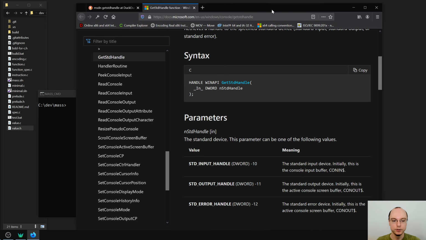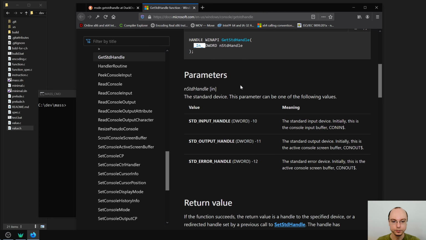I mean, that's fine. It's a simple function. It just expects a dword or signed 32 bits. When you program on Windows, you have to get used to all of these weird types that they use, because handle is just a void star essentially. WinAPI is a marker that doesn't expand to anything, and then dword is like signed 32 bits, and in just says that it's a parameter that is passed to the function as opposed to an out parameter which will be written to. Anyhow,